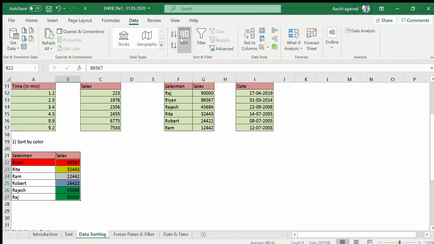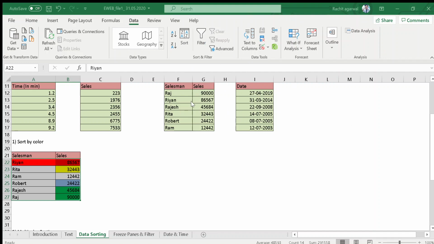Here is the option sort, so select the sort. Now if I select the sort, the dialog has opened.